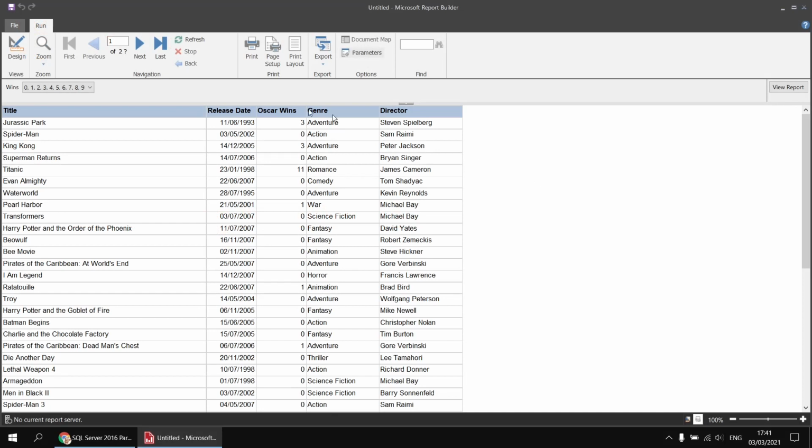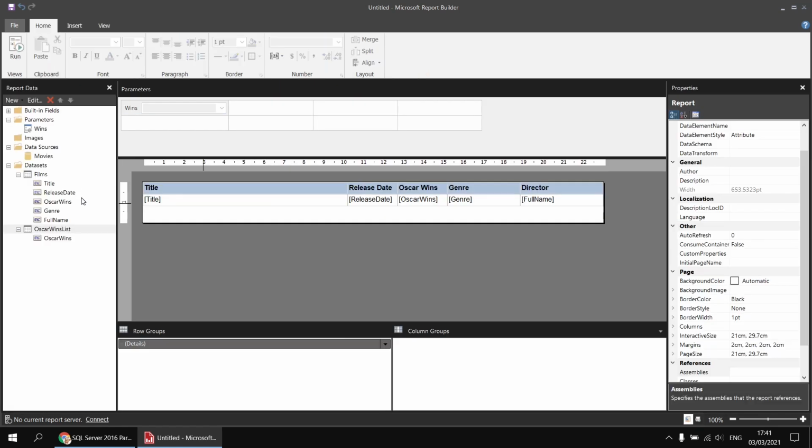We can also display the options we've selected for the multi-value parameter somewhere within the report page. You may remember that anything that sits in the parameters panel doesn't appear if you choose to export the report to an alternative format like Word or Excel, for example. So to include the options we've selected in the multi-value parameter, we can head back to the design view, and